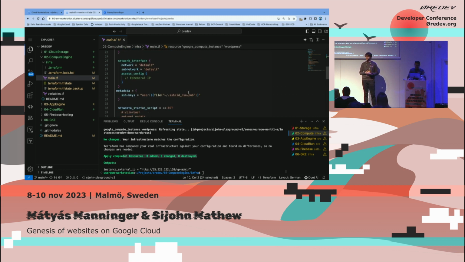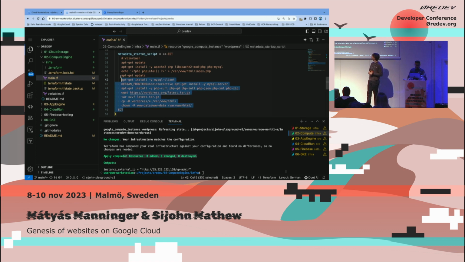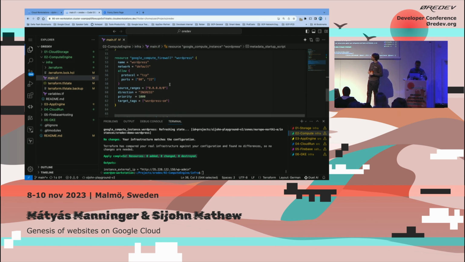And then if you look at the startup script, this is the place where I run all my scripts to run apt-get and then install the WordPress modules and the MySQL DB. This is not the ideal way for a production case, but we can do it this way as well. And then we spin up a small firewall, and in the firewall we give it a tag called WordPress-sm. If you look at the above part, in Compute Engine we also attach this tag,